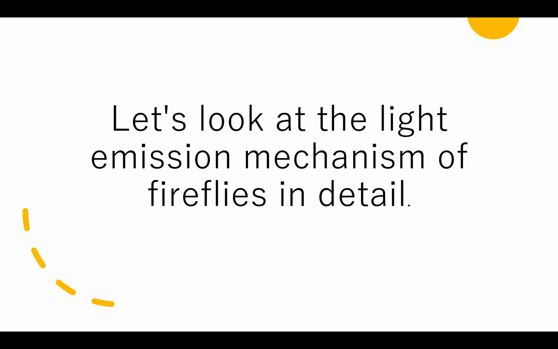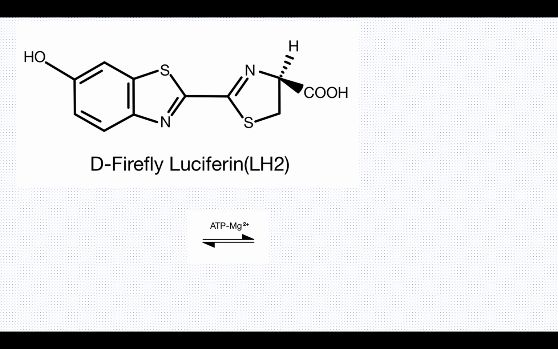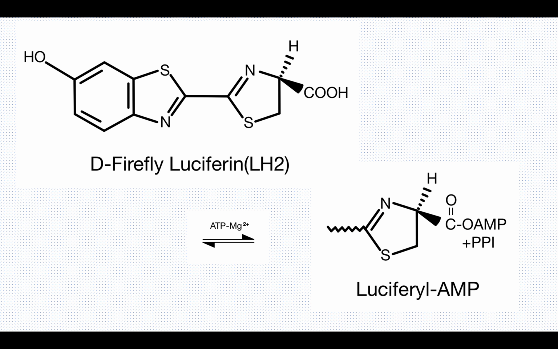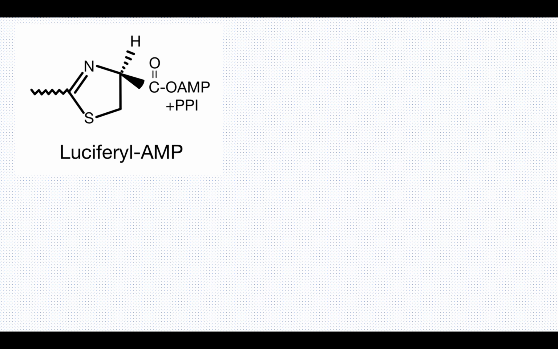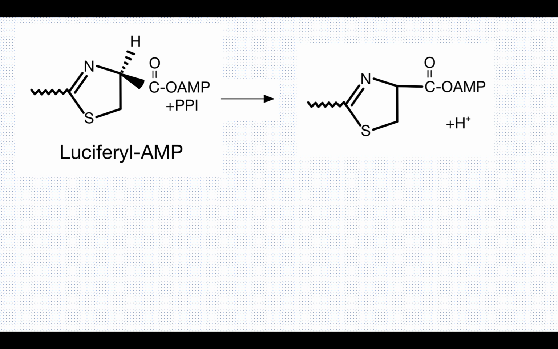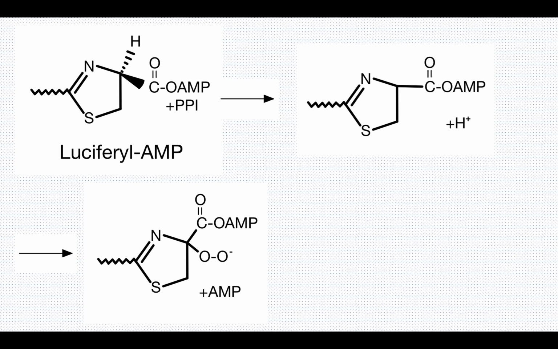Let's look at the light emission mechanism of fireflies in detail. In the presence of Mg2+, firefly luciferin reacts with ATP, adenosine triphosphate, by the action of luciferase, and luciferin AMP is produced. Next, it reacts with oxygen by the action of luciferase to generate peroxide anion, which is converted into unstable dioxetanone in the enzyme. This dioxetanone structure cleaves in the enzyme